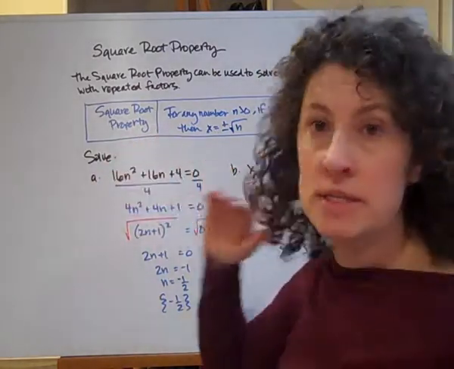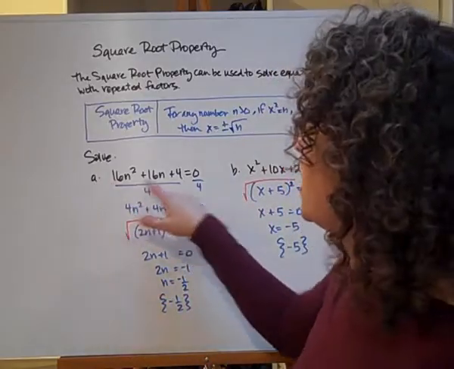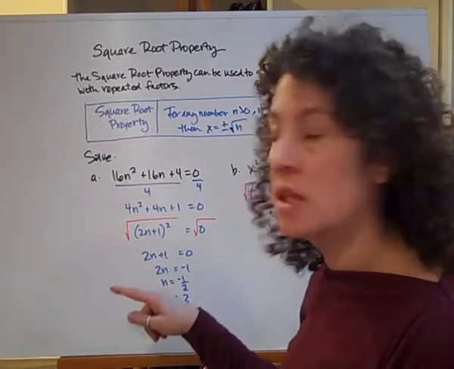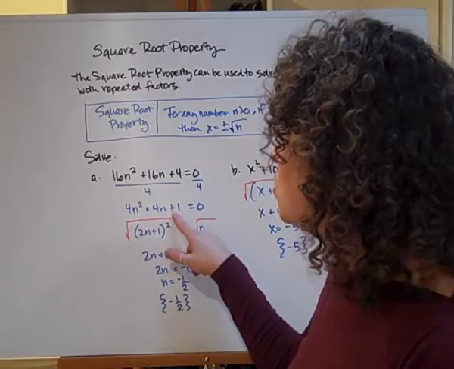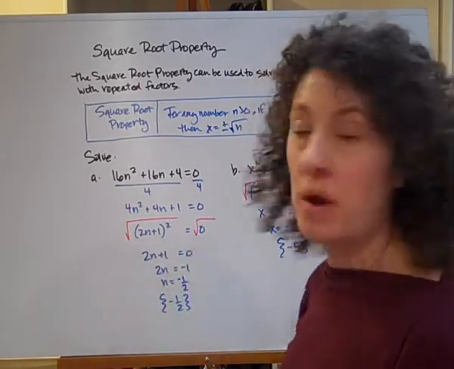But what I want to look for is that on one side I see a perfect square trinomial. But before we do that, take out greatest common factors, please. Please get in the habit of doing that first. So I can factor out a 4 from all of these. That leaves me with 4n squared plus 4n plus 1 equals 0. And so I'm going to go through my list. Do I have a greatest common factor?